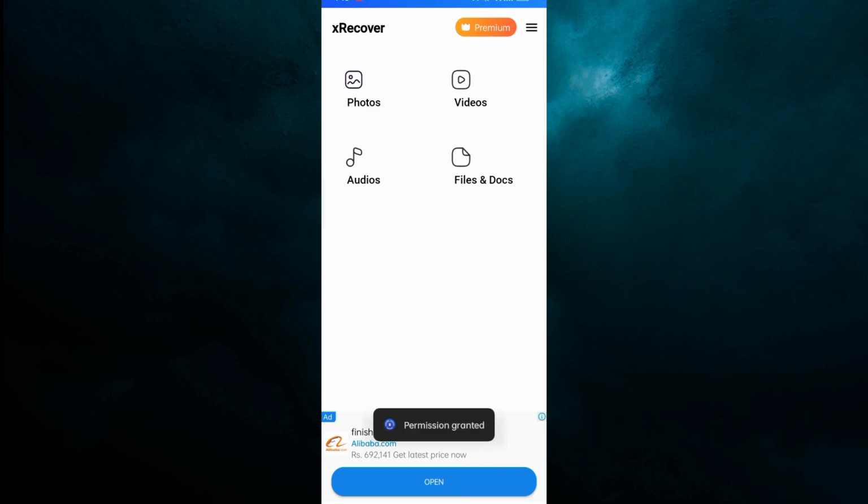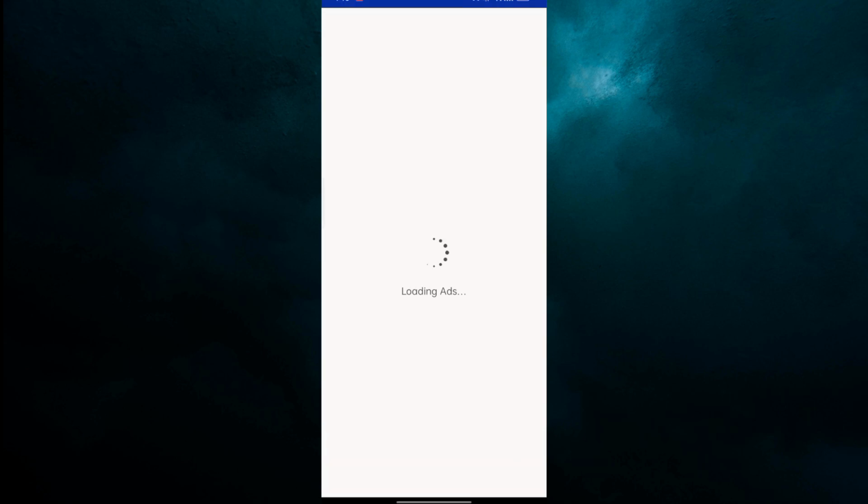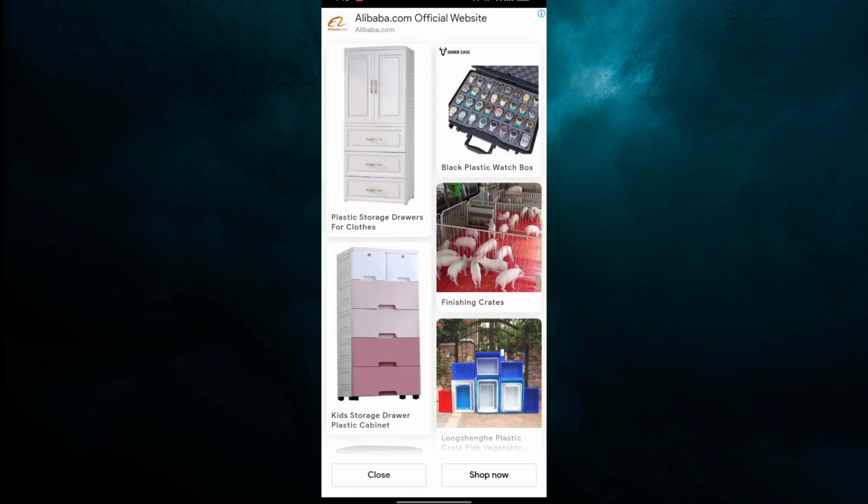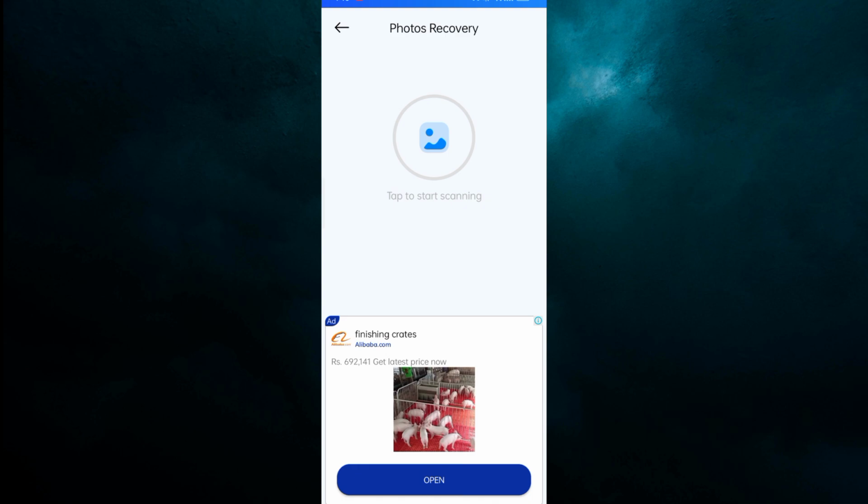Now we have four options. Either we can choose photos, videos, audio, or documents. So you have to click on photos and it will display an ad because it's a free app. Anyway, just simply skip the ad, and you can see it starts scanning your device. It will take a few minutes to scan, and after scanning,